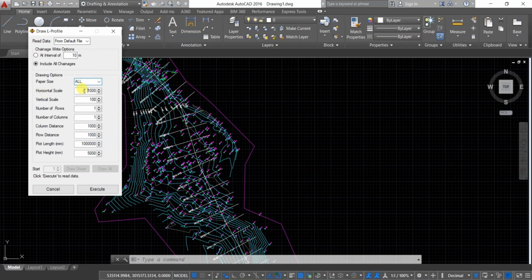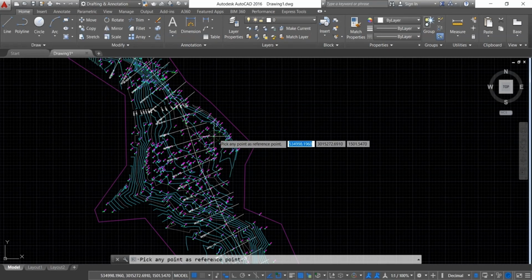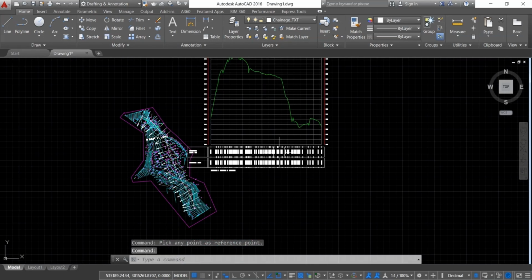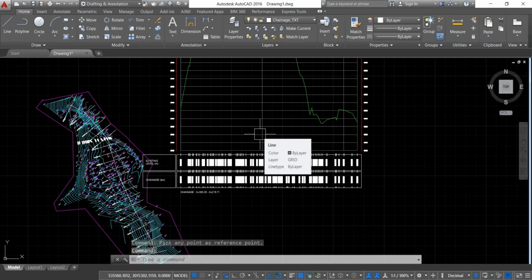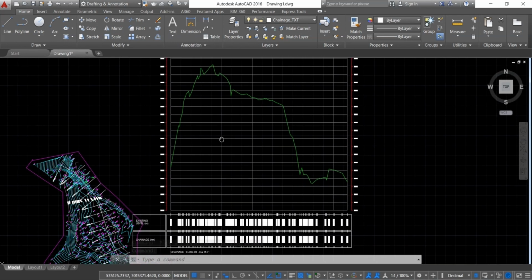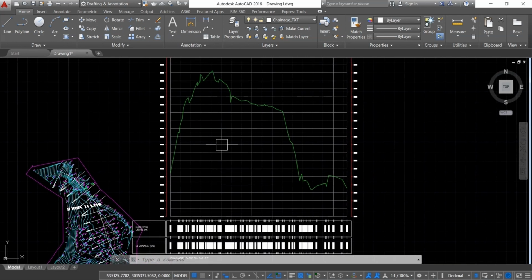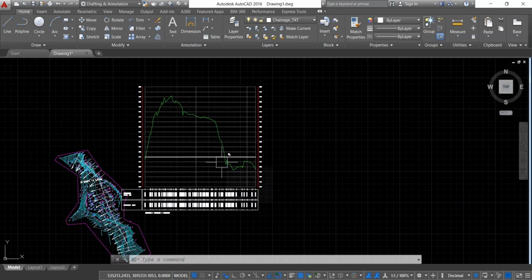You can change the horizontal scale. You can change vertical scale, number of rows, number of columns, and column distance, row distance. Whatever you want, you can change. Click on execute. Click on draw all. And pick any point as a reference point. Now you can see that the L profile of the alignment has been drawn here. Now in order